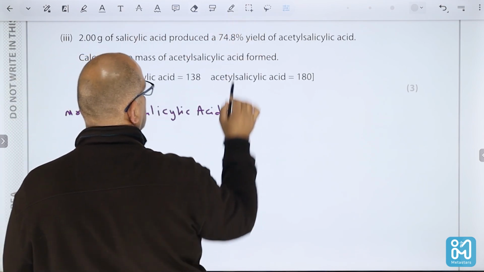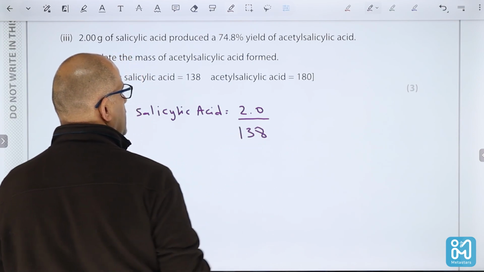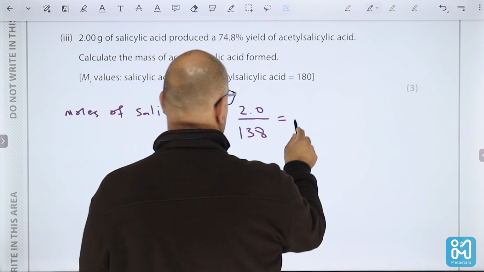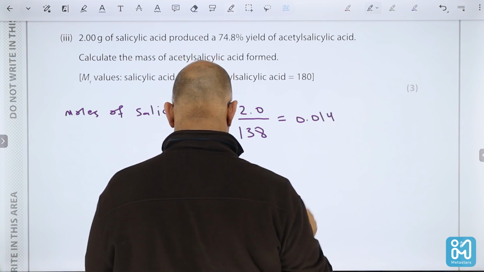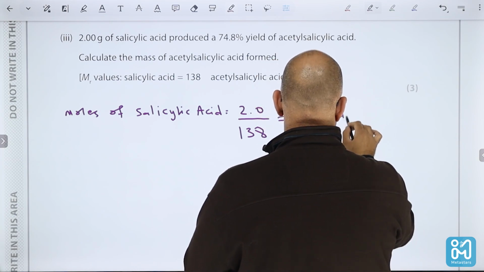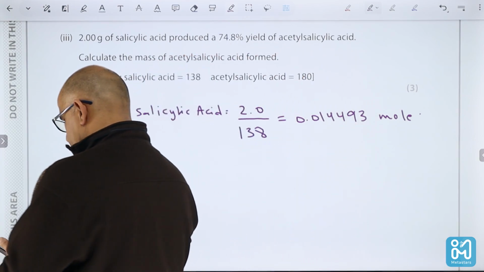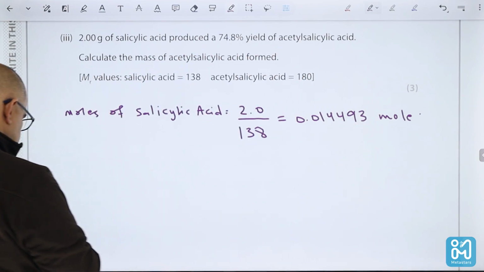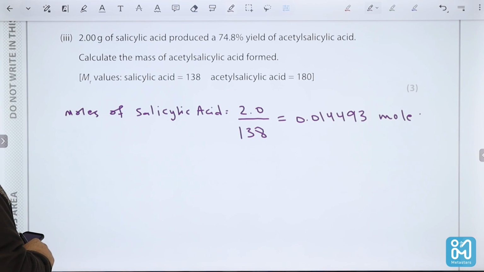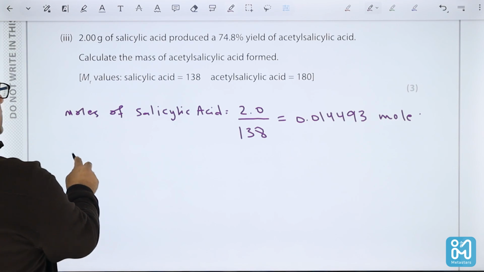It is like that, 2 over 138 equals how much? It is 0.0149 or 493 moles. And then you can find the theoretical mass of the salicylic acid, or acetyl salicylic acid, because the molar ratio is 1:1, so the mass